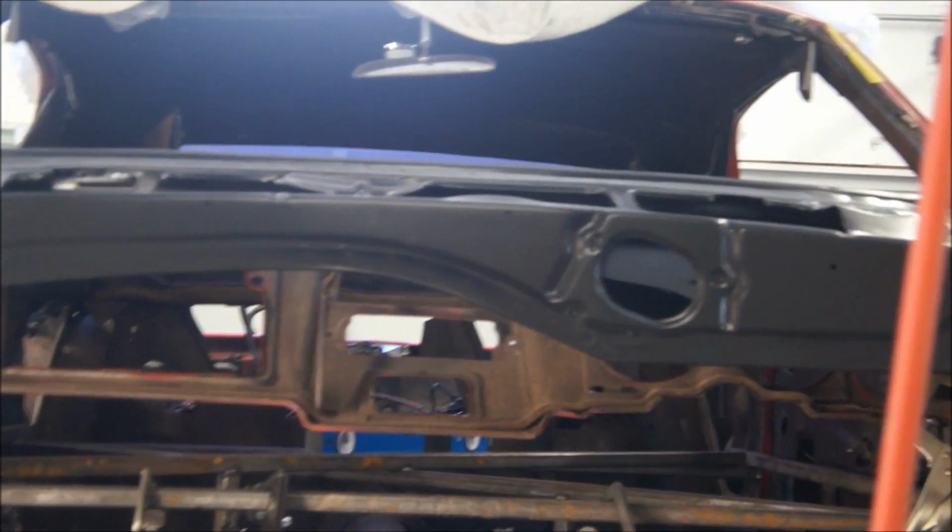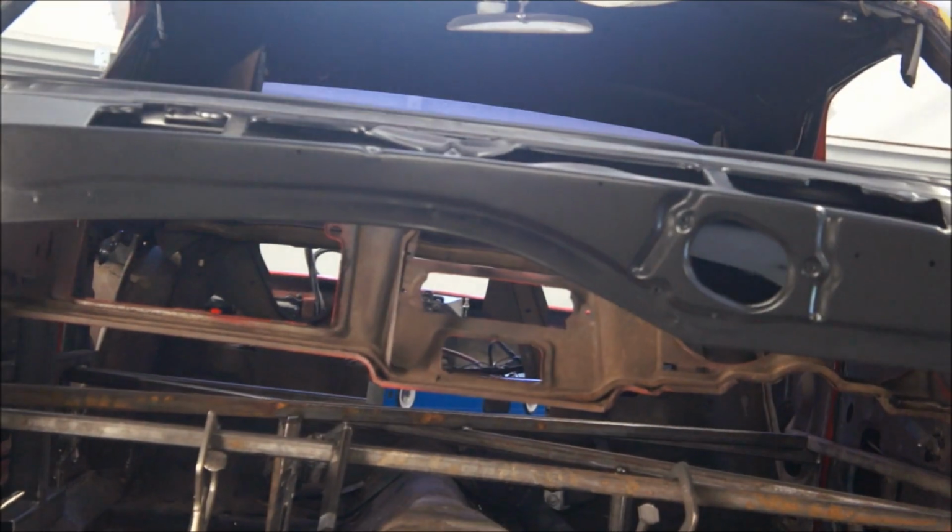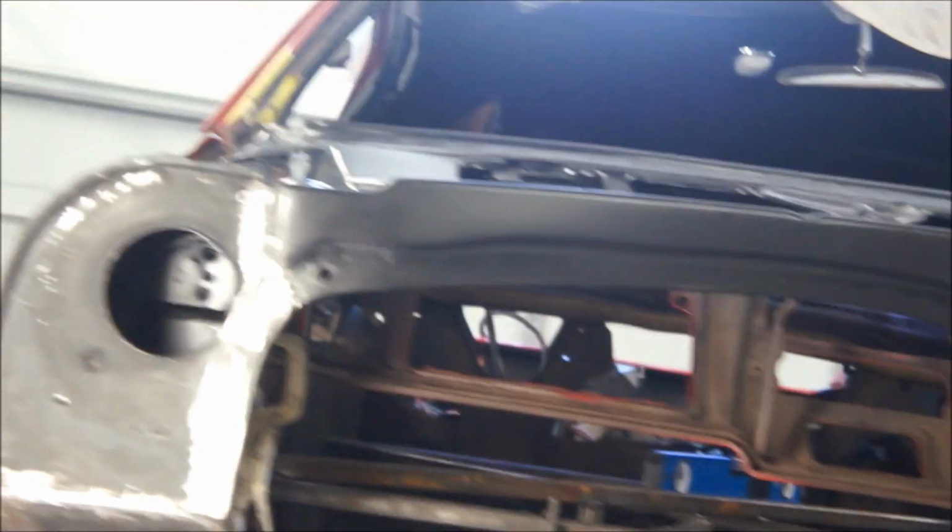I want this whole car to be that epoxy black in every nook and cranny I can get to. Alright, we'll see how this works. You're down inside the cowl, it may be a little dark in there,